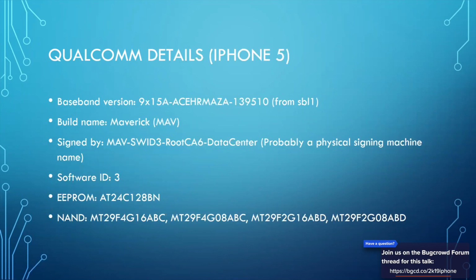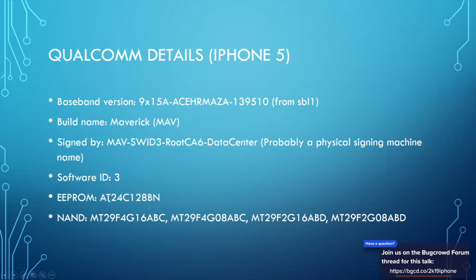So here's some details that I was able to forensically recover from the iPhone 5 through the strings utility on Linux, through binlog, through Radare2 and IDA. There are some internal names that I got for the specific baseband version of the iPhone 5. Also, you can retrieve the date that the baseband was signed by looking at the certificate.